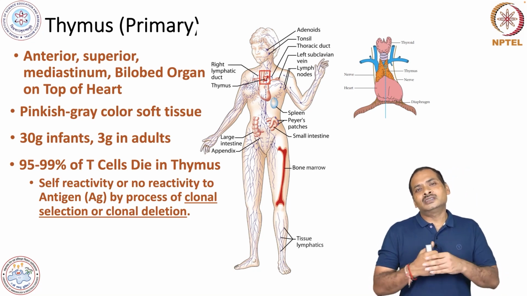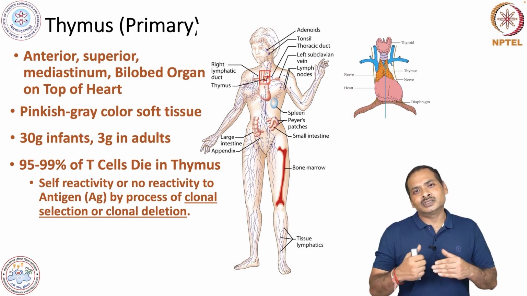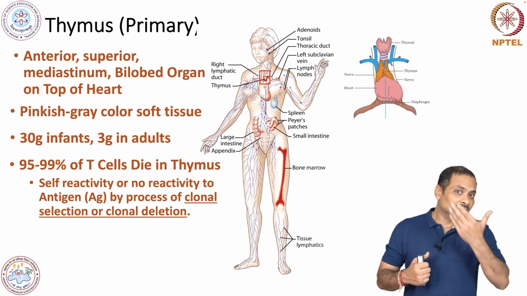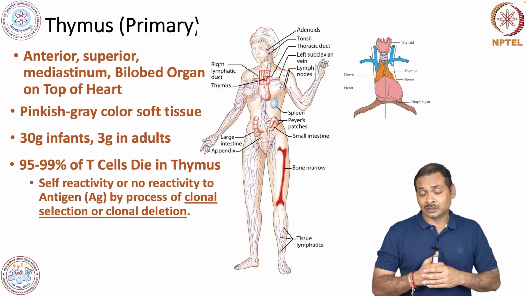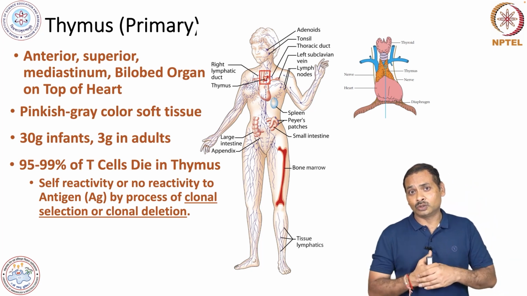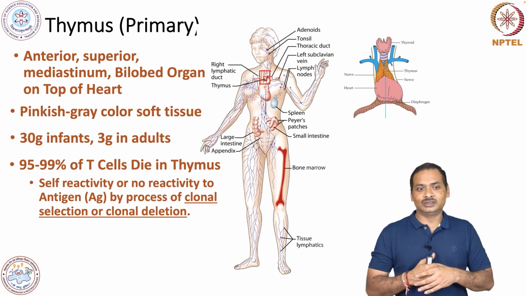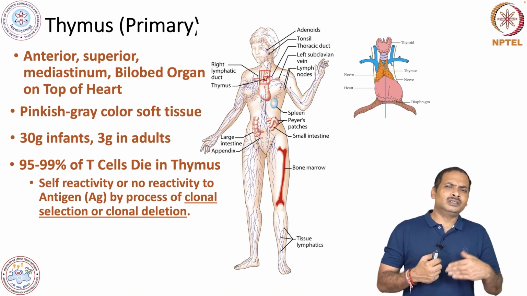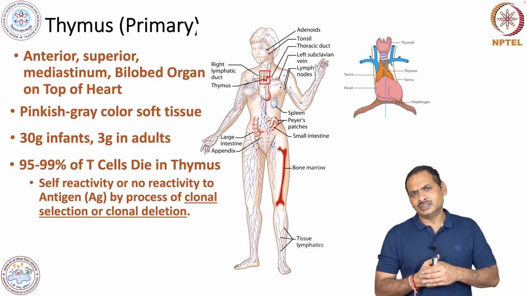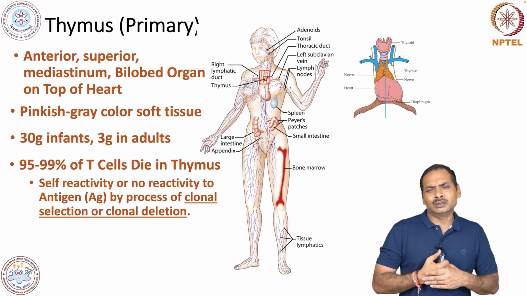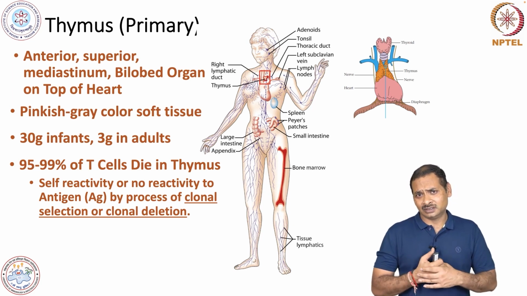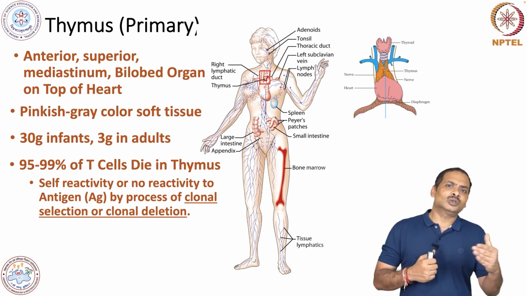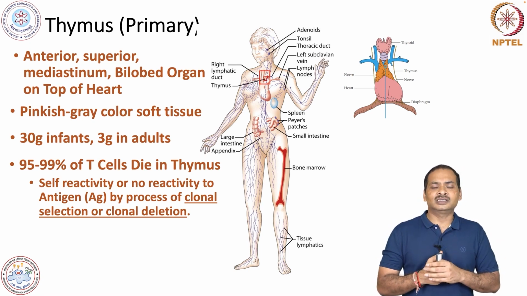This phenomenon we call clonal selection or clonal deletion. It is a process by which the T cells finally are selected for the generation of immunocompetent naive T cells. I will take up this phenomenon, clonal selection and clonal deletion, later on when we study the T cells. At the moment, just understand that